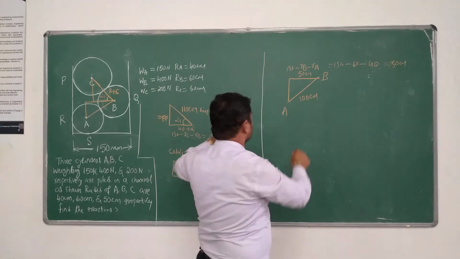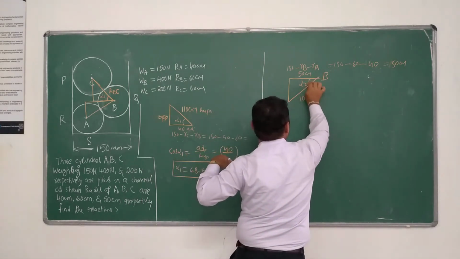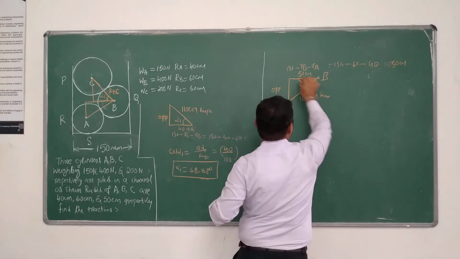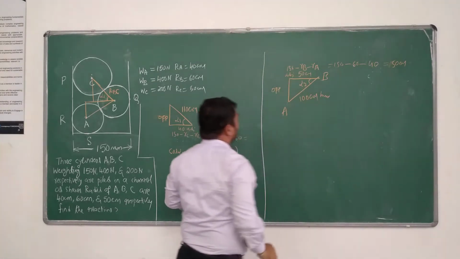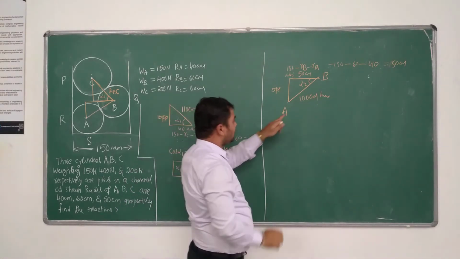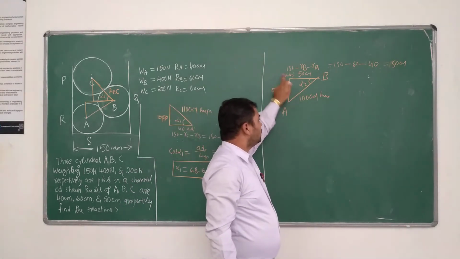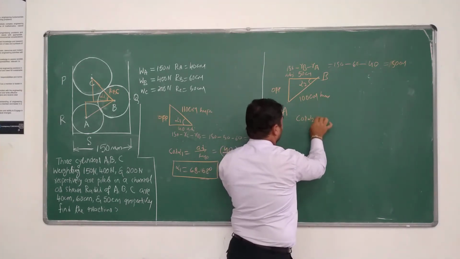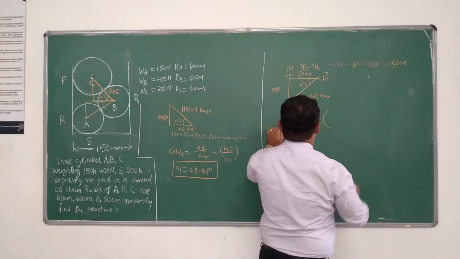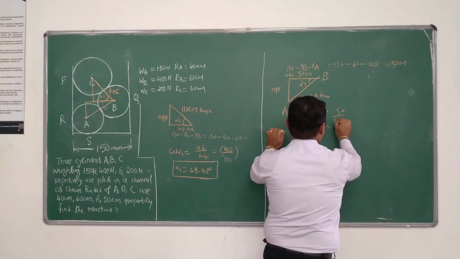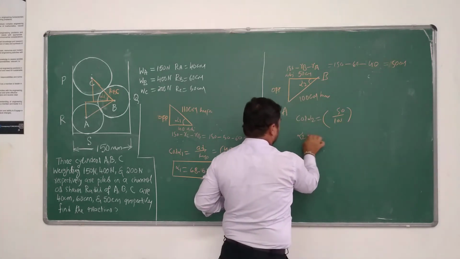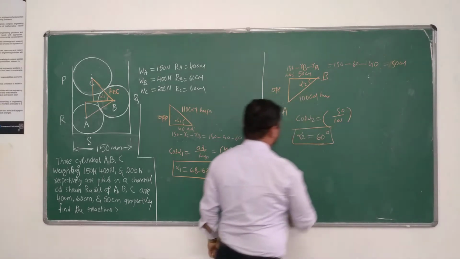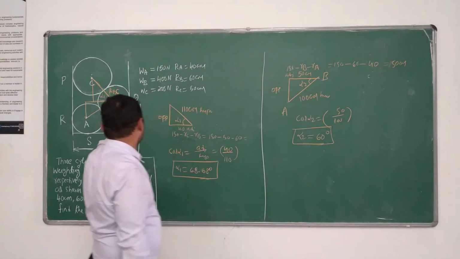Now I have taken this angle as alpha 2. This is the opposite side, this is your hypotenuse, and this value is adjacent. We have to calculate the value of alpha 2. The trigonometric function which relates adjacent to hypotenuse is cos alpha. Therefore cos alpha 2 is equal to adjacent 50 divided by 100. That gives alpha 2 as 60 degrees. So this is the value of inclination between spheres A and B.